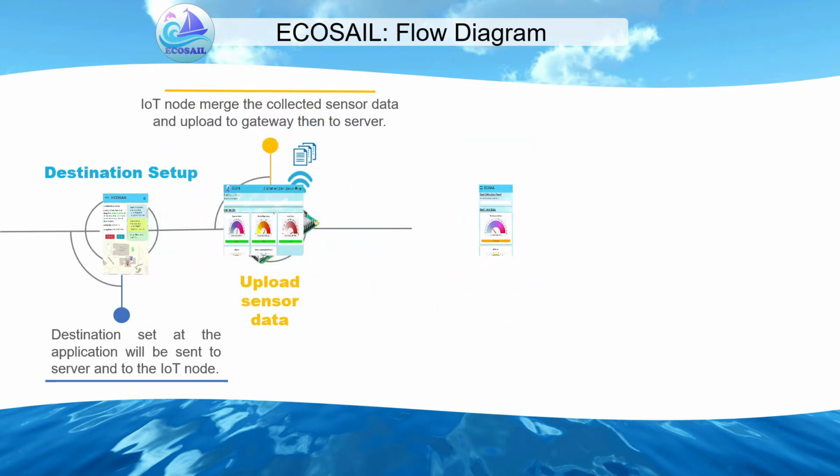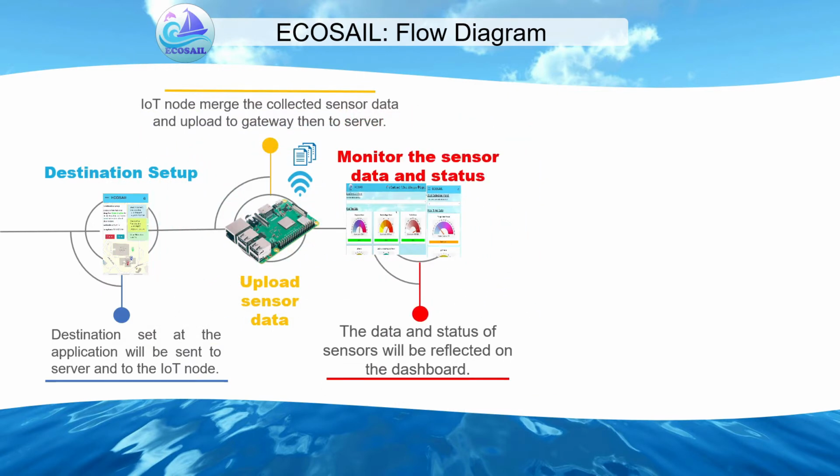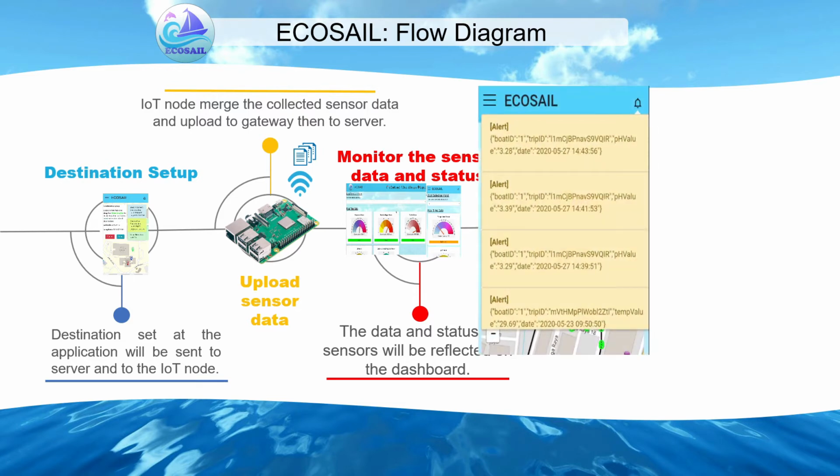Aside from that, the sensor status is also included to help the user know whether all the sensors are in good status, or when the sensors are loose or malfunctioning, so that they can go and replace or reconnect them. When any sensor value meets the threshold limit, a notification will be generated. Then these notifications can be reviewed in the notification feed. What this notification feed does is keep track of those notifications so that the user won't have to worry if he or she has missed any notification.